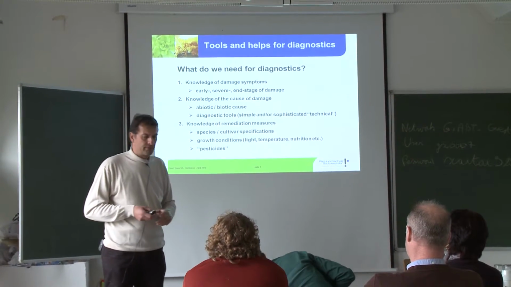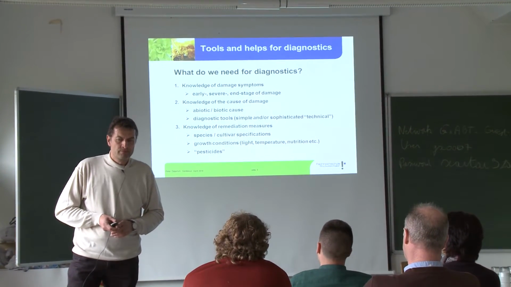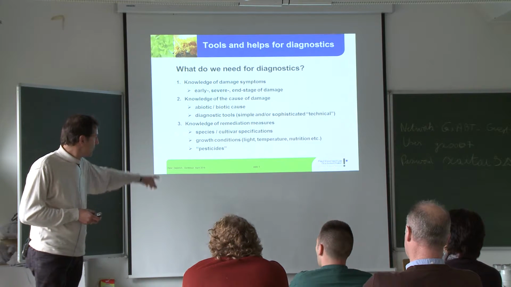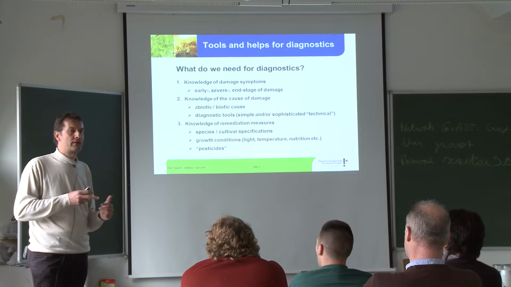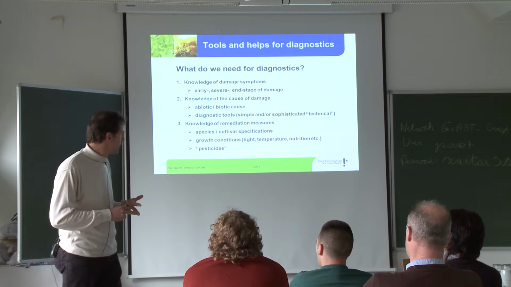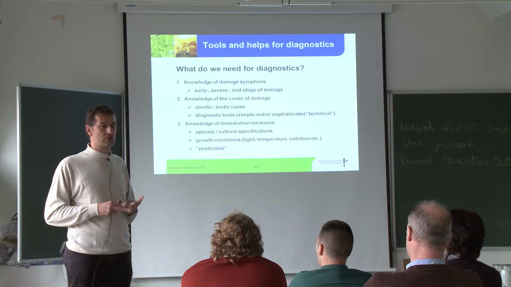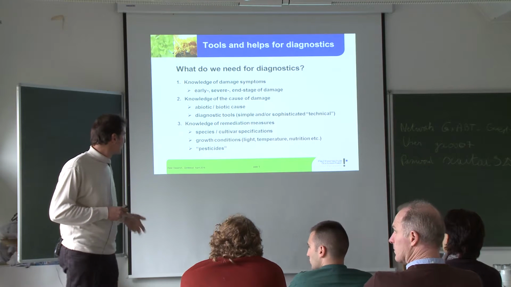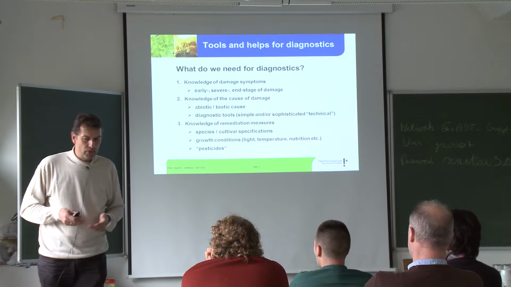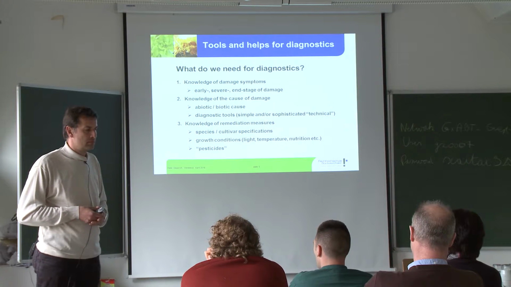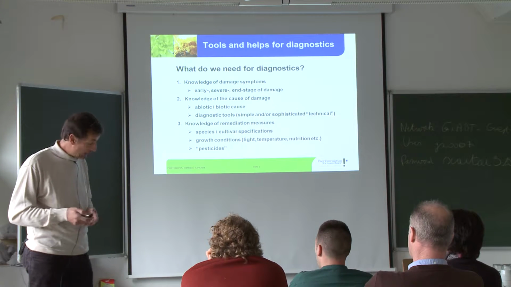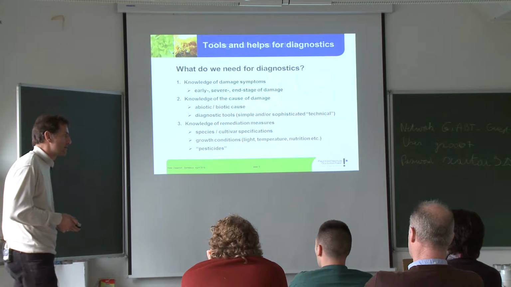The growth conditions are also very important. If you apply a remediation with the wrong conditions, too much light, too little light, wrong temperature, you can do more harm than cure. And if we then use those pesticides, again, we need to know what effect it might have on the plant, on our aimed organism.